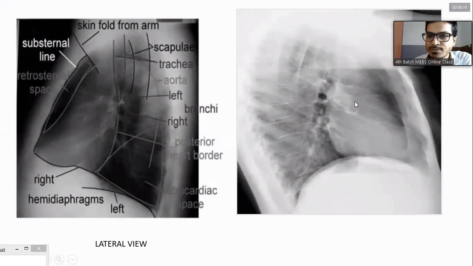This is gray because there is no dense structure overlying it. And similarly, we have to also look for the other structures in relation to the heart. They are the trachea and the bifurcation of the trachea. These are the 2 major bronchi. Similarly, behind this there is the esophagus, and we will be discussing the other structures in the lateral slides. And we have to look for the diaphragm, the relation of the heart with the diaphragm. This is the diaphragm, and this is the inferior portion of the heart, the base of the heart. And similarly, these are the vertebrae and the spines. This is the sternum, this is anterior, this is posterior.